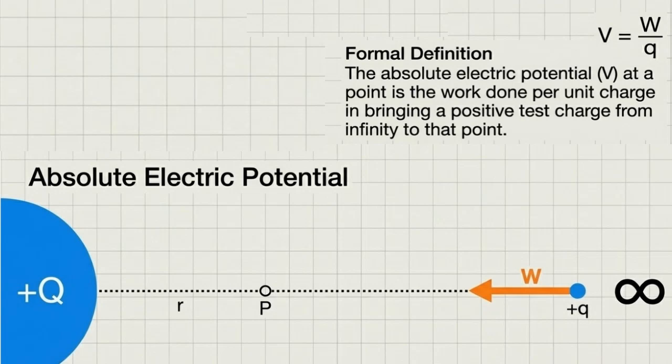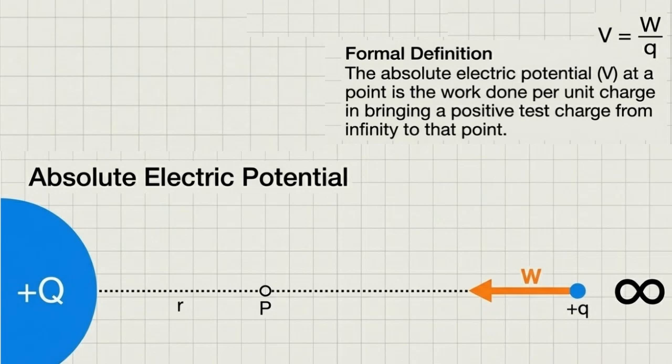Let's look at the concept of absolute electric potential. This represents the work done per unit charge to move a positive test charge from infinity to a specific point in an electric field created by a charge, which we call Q. The symbol V stands for this potential, and mathematically it's expressed as the work, W, divided by the test charge,